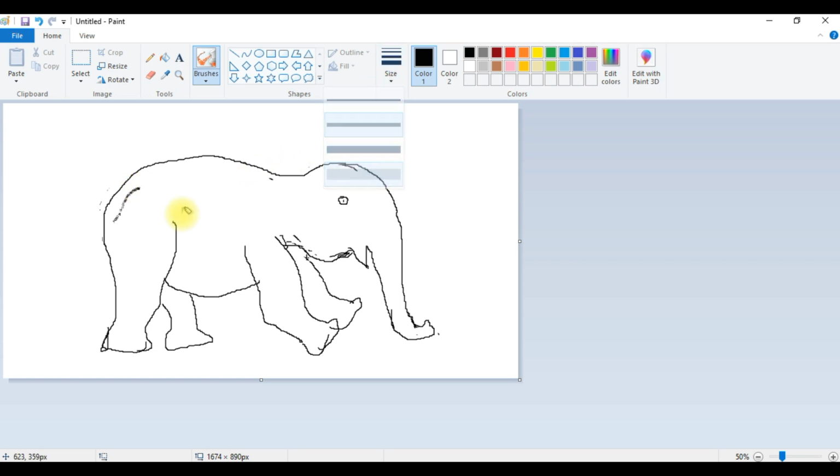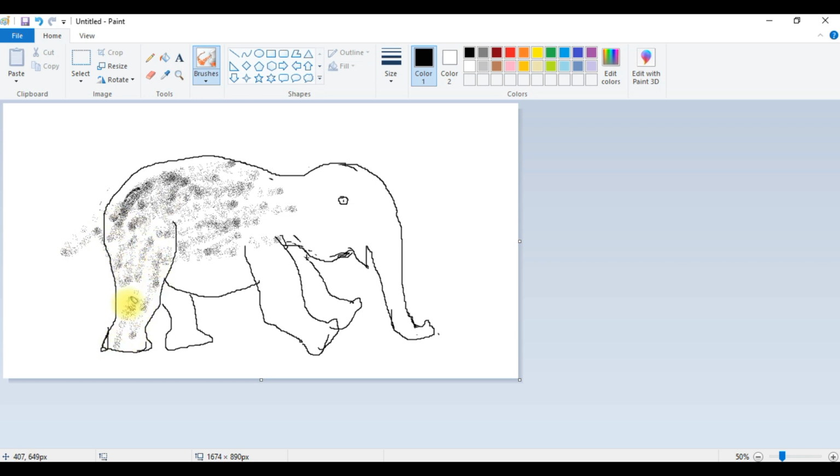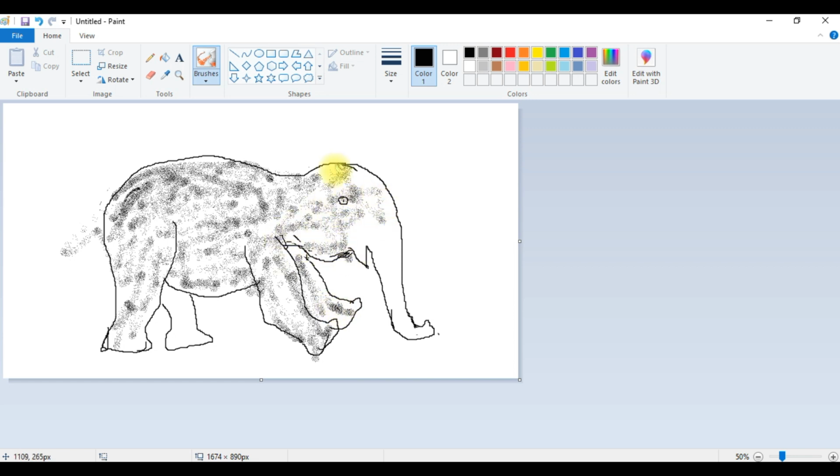If you change the size, it will be nice, easy to draw. So like that you can give color.